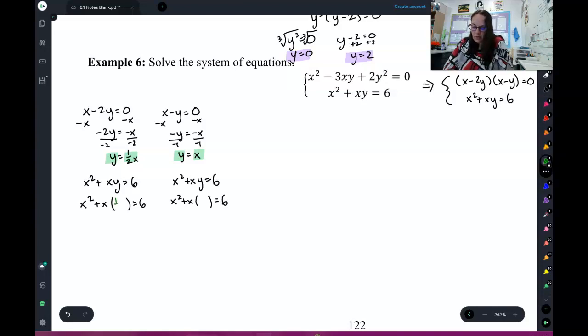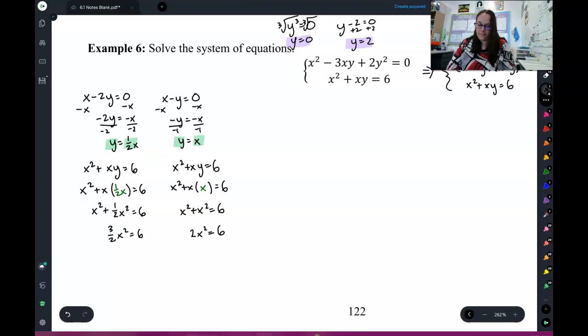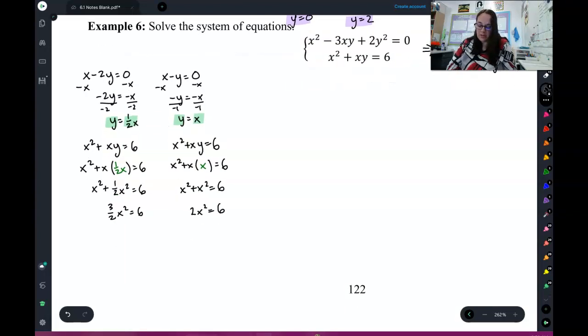So this one I've got a 1/2 x, and this one I've got an x. So this becomes x squared plus x times 1/2 x, which is 1/2 x squared. And this becomes x squared plus x squared. So this becomes 3/2 x squared, and this becomes 2x squared,